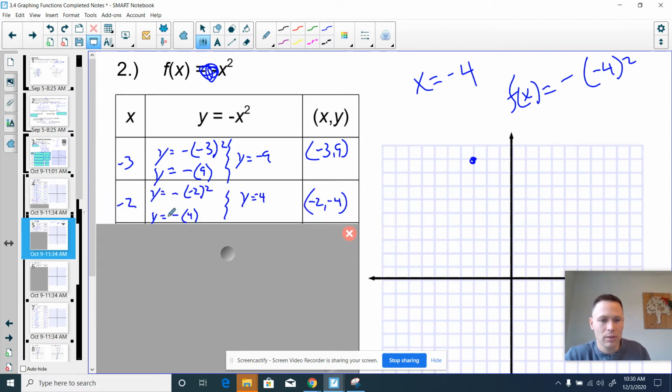Then for the next one, I've got negative 2 that I'll substitute in. Negative 2 squared is positive 4. Then I have the opposite of that. You get negative 4. I substitute in negative 2. I got negative 4. So